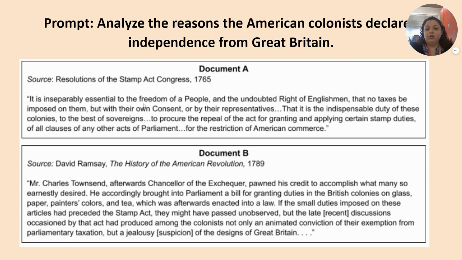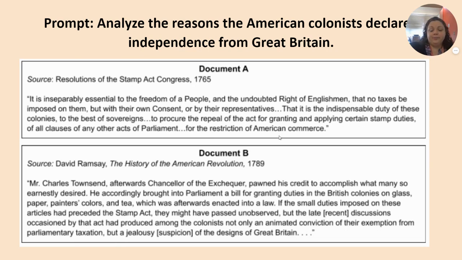inseparably essential to the freedom of a people and the undoubted right of Englishmen that no taxes be imposed on them, but with their own consent or by their representatives. That it is indispensable duty of these colonies to the best of sovereigns to procure the repeal of the act for granting and applying certain stamp duties of all clauses of any other acts of Parliament for the restriction of